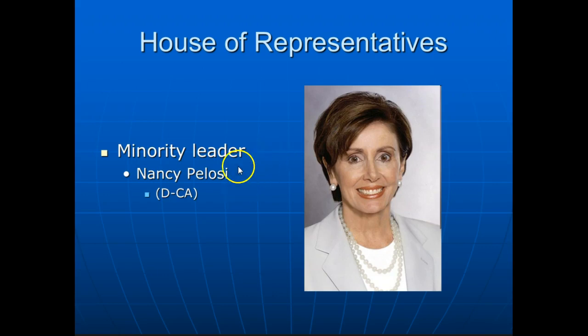So the minority leader is Nancy Pelosi. She's kind of famous for a couple of things. First of all, she's a Democrat from California, and she's actually from the San Francisco area, so one of the most liberal areas in our country. She was the first female Speaker of the House. So before John Boehner, when the Democrats were in control, she was the Speaker. She's the one who helped pass the Affordable Care Act. If she was not the Speaker of the House during that time, it would not have occurred. So she needs to get a lot of credit for this.